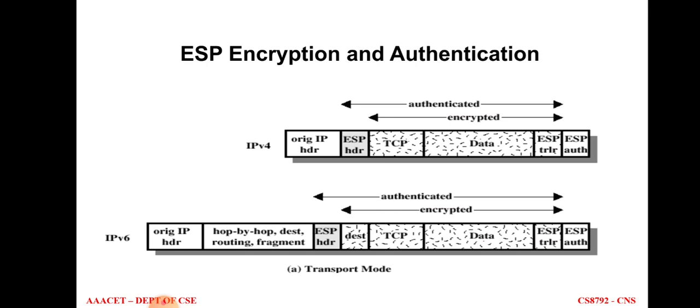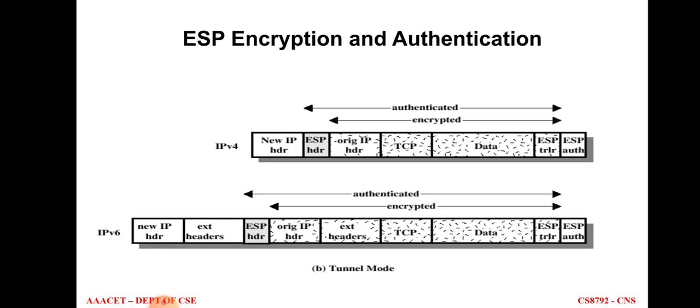So the transport mode operation can be summarized like this: the packet is processed and then routed to the destination. The destination examines and processes the IP header with any plain text IP extension headers. So this is the summary of transport mode operation. Finally, transport mode operation provides confidentiality for any application.